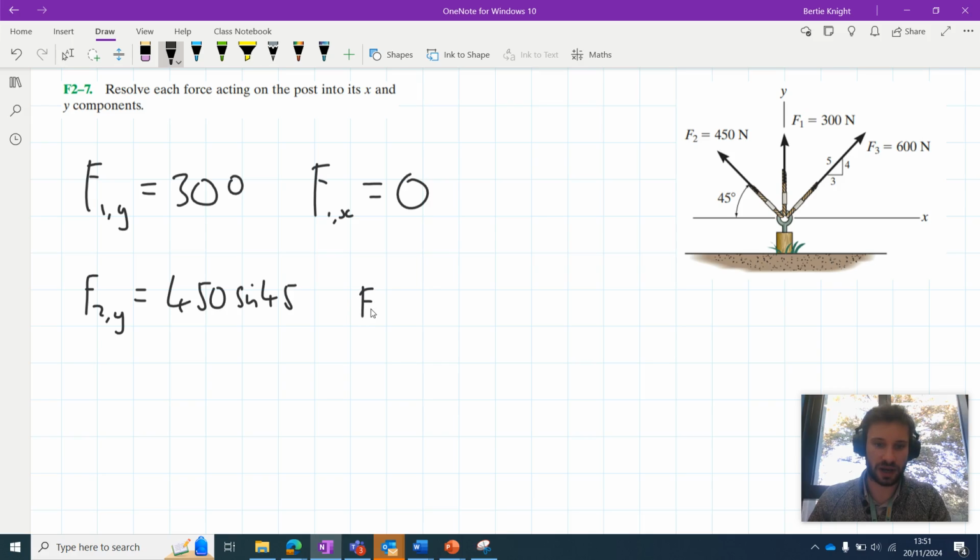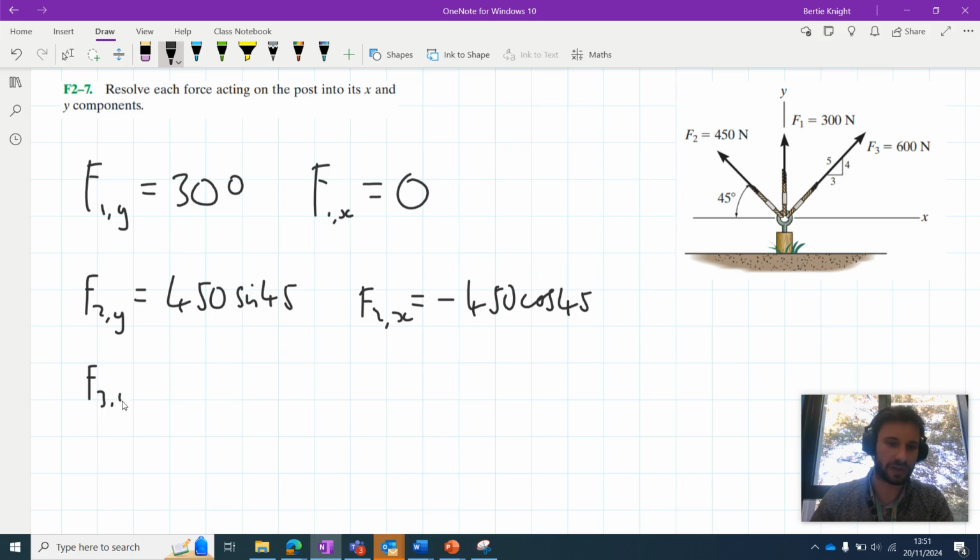And we can say F2x is equal to minus 450 cos 45, noting it's negative as the horizontal component is acting to the left, which is conventionally taken as the negative direction. Moving on to F3 then,